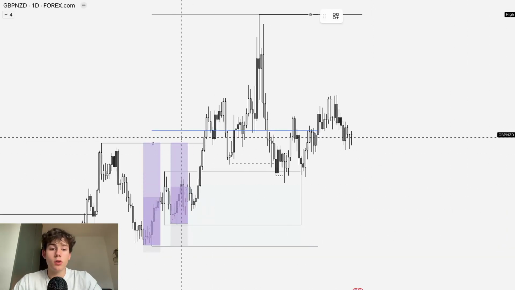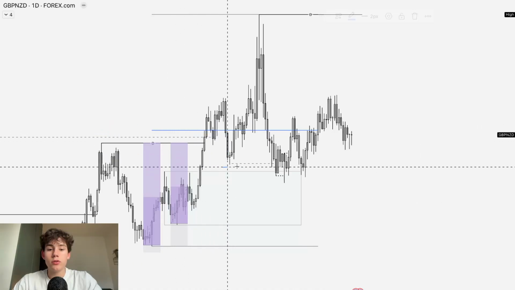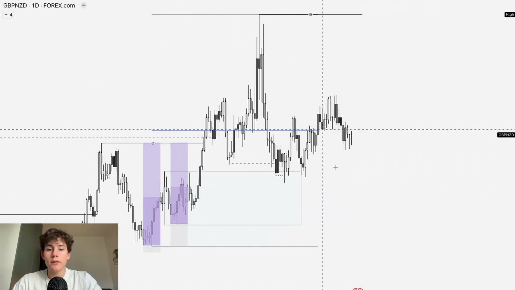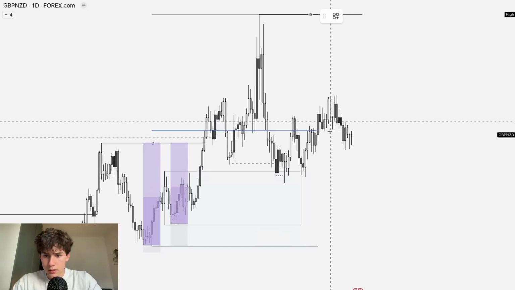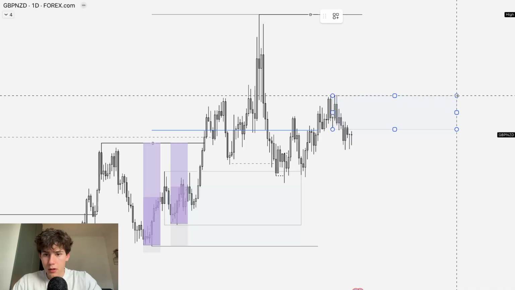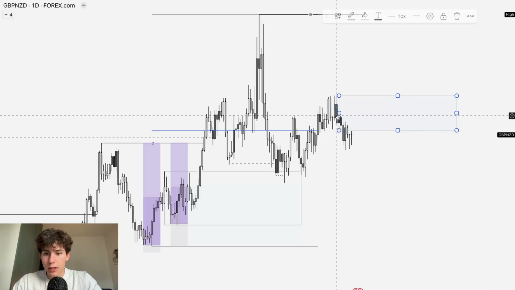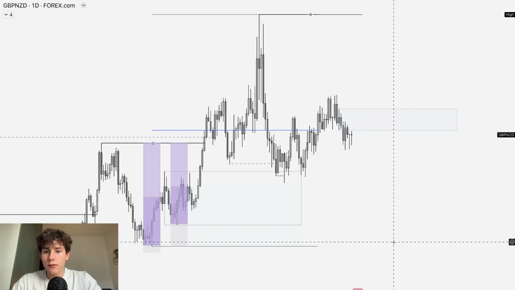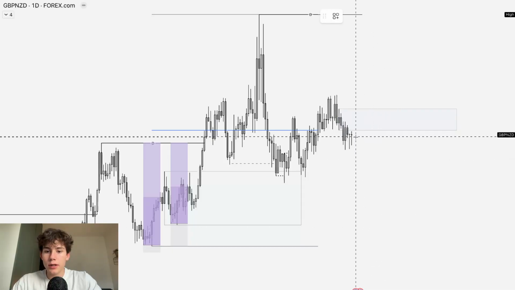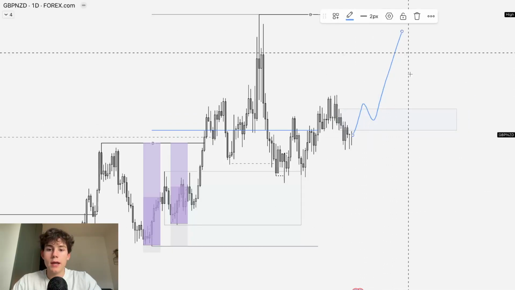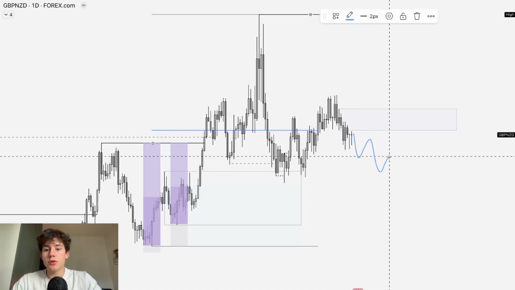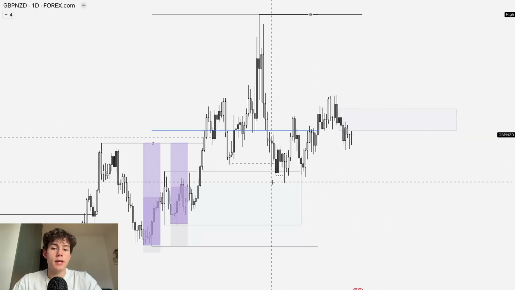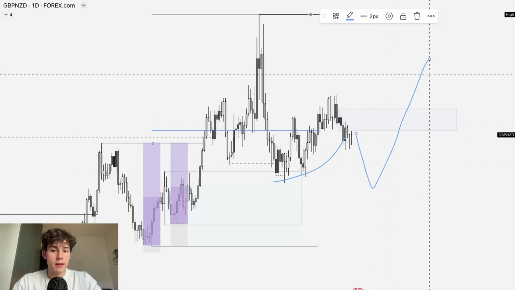If you want to look for longs, you're daily bullish as well, took liquidity, daily demand, and now we're also inside this supply zone. Or actually this supply zone. So what we will need to wait for is to break this supply, switch the order flow, then we could look for longs. And if we just start to break the lows, you could just look for shorts to take liquidity underneath these lows and then move up higher.